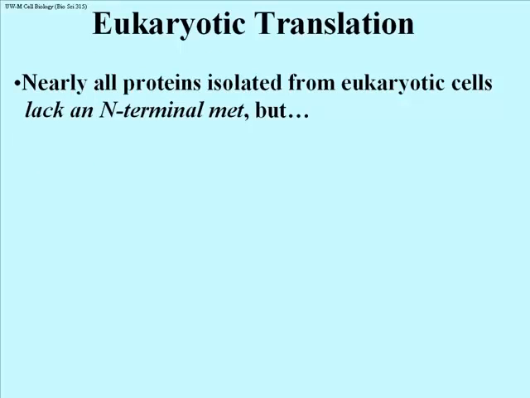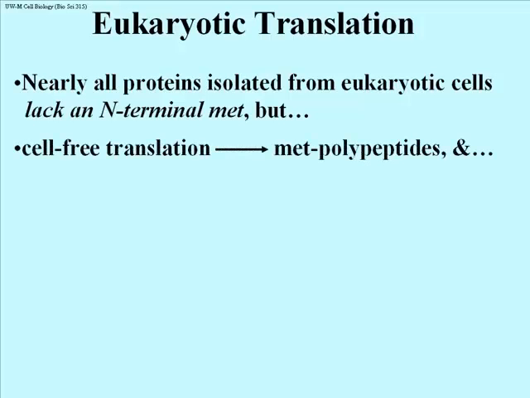Now a few notes on eukaryotic translation. In case it hasn't been clear, all of what I've been telling you so far about translation is based largely on studies with E. coli, with prokaryotes, with bacteria. So how does eukaryotic translation differ from that of bacteria, or prokaryotes generally? Well, first of all, nearly all proteins that you isolate from a eukaryotic cell don't have methionine at the beginning. Remember that in bacteria, in E. coli, 40% of the protein had a methionine at the front end, at the amino terminus, but eukaryotic proteins, generally